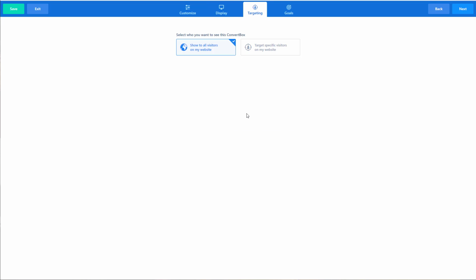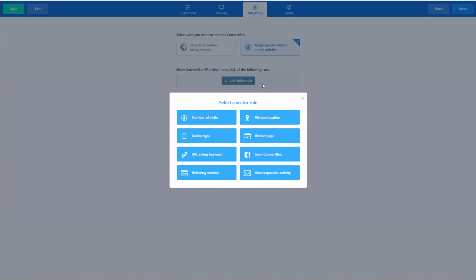Next, target. Do I show it to all my visitors or do I target a specific visitor on my website? Now, for this specific one, I'm going to show it to all my visitors, but just to kind of show you how to target different people, you literally just click it and then you add your visitor rule and then you have all these cool little pop-ups. So if they visited once, twice, 10 times, 5 times, whatever it is, you can display a different marketing message to them. If they're in a specific location, if they're in Florida, if they're in the US, if they're in Canada, if they're in UK, wherever they are,